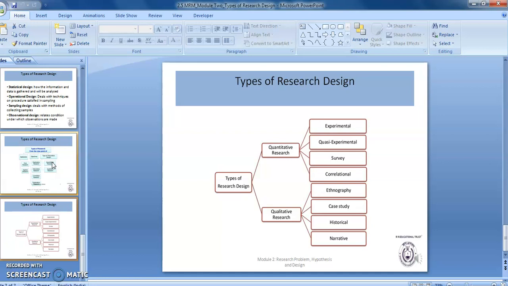Quantitative, when you collect the data, you could do some experimental based design, or a quasi-experimental design, or a survey design, or a correlation. If the data collected by you is qualitative, then you could go for ethnographic type of design, or you could go for a case study design, or a historical narrative. I will try to talk about each of these in the later stages, because we will be going into the idea of this design, about each of it, experimental, quasi-experimental, in greater detail in the coming chapter.